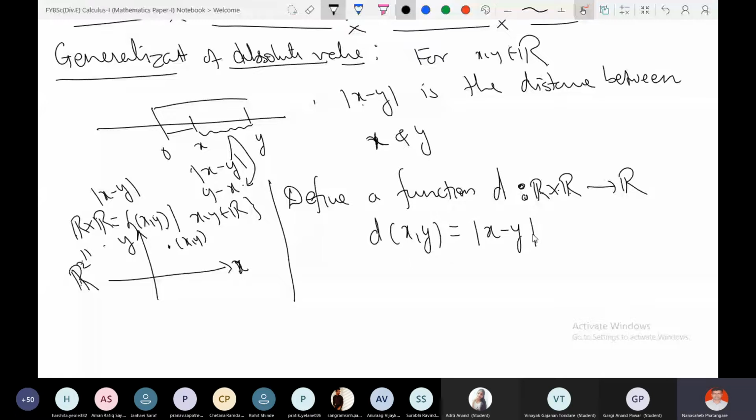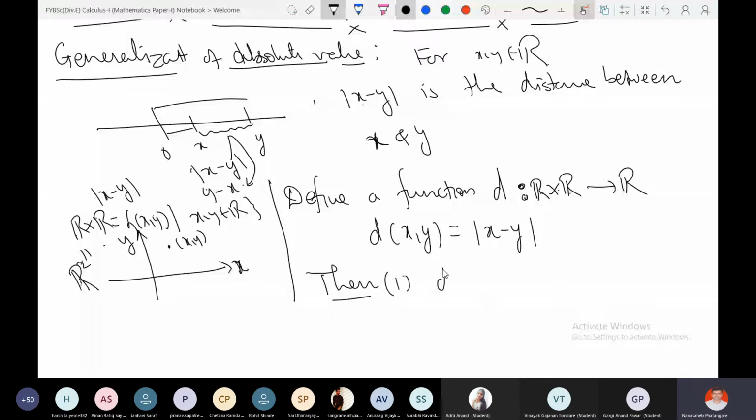Right? Do you understand what I want to do here? So I want to take two real numbers. That means I want to take a pair, right? And when I am taking a pair, then I can define the absolute value of this difference, that means distance. Then